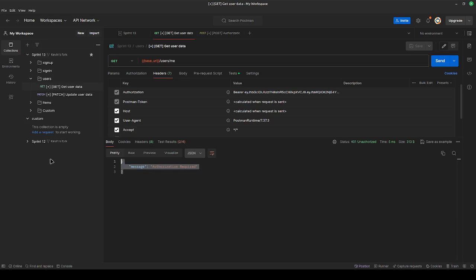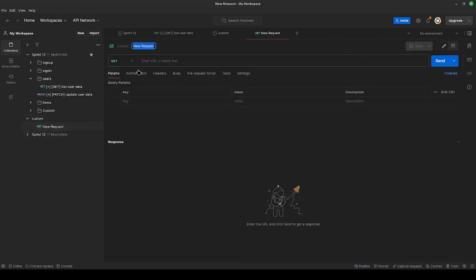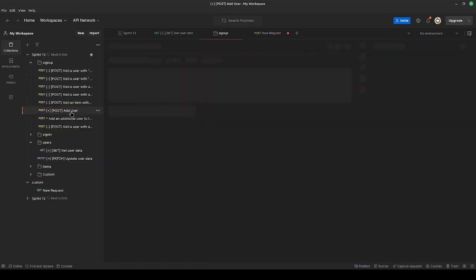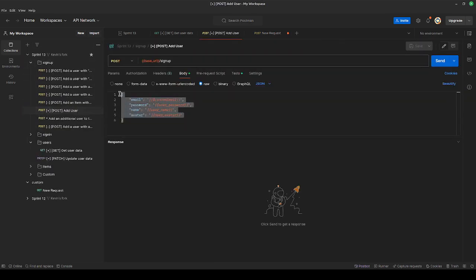So what we need to do is a little legwork. We can do that by creating a new request, or several new requests actually. Here I already have a folder that I created to put these requests. To start with, we need to make a POST request. Type in http://localhost, well, here I can just select it. So there's the sign up. And I'm going to go to the sign up request here and copy the info